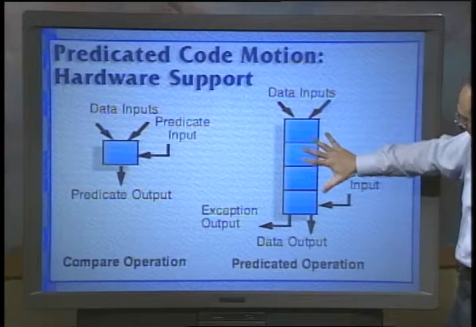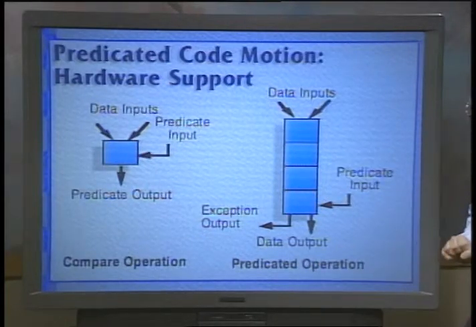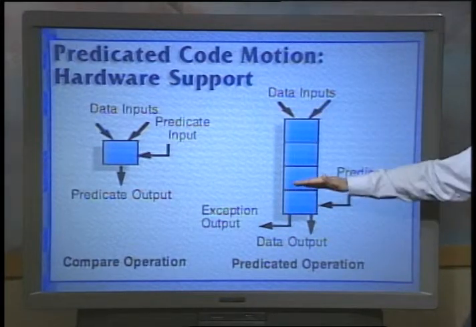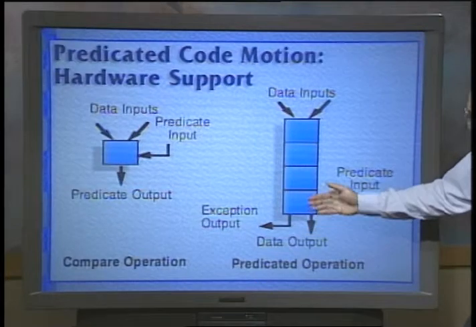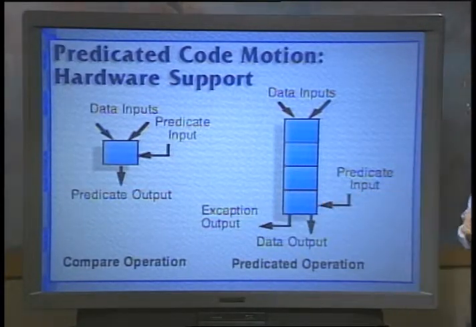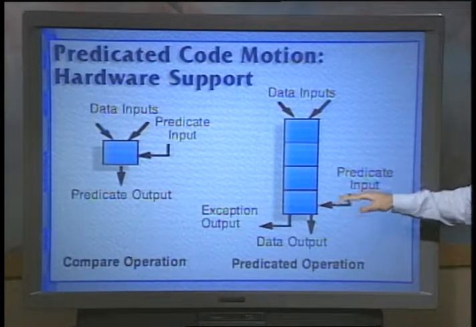To begin with, I want to talk about the predicated operation. This is a fairly conventional operation. It has two data inputs. It might be pipelined, and at the end of it, it writes a result and perhaps generates an exception if there's some error. Now, what we'll add to this is a third input, which is a Boolean input, a predicate